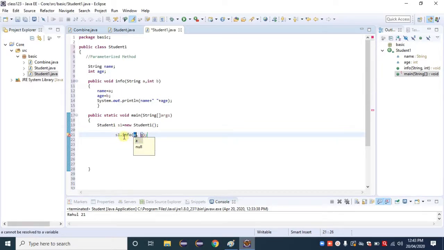It means that by using this method we are passing the values for a and b. What is a? a is a string, so we pass it inside double quotes. Here I am passing Rahul, and b I am passing as 21, and then click on the run button.